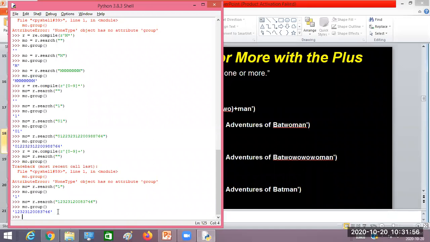Try to understand. Suppose you are reading user inputs. If you want to check the data, for example, if you want to read a 3-digit input number from the user, then you can go with this kind of pattern matching. You can cross check whether the data entered is 3-digit or not. If it is not 3-digit data, then you can ask the user to re-enter the data. If it is 3-digit data, then you can accept it as valid data.